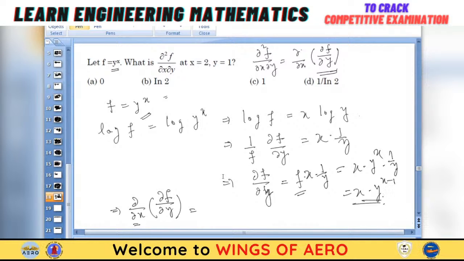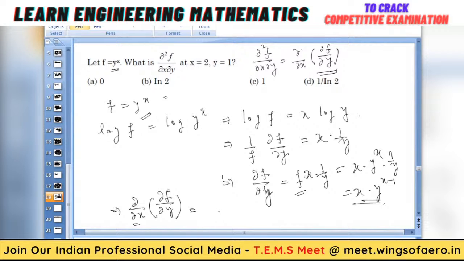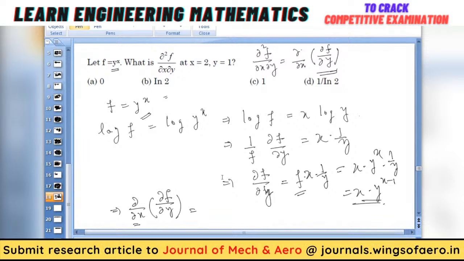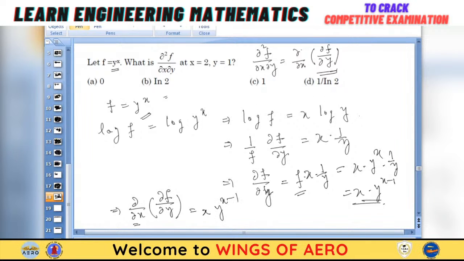So y to the power x becomes f. The derivative of x becomes 1. So this becomes x into y to the power x minus 1,